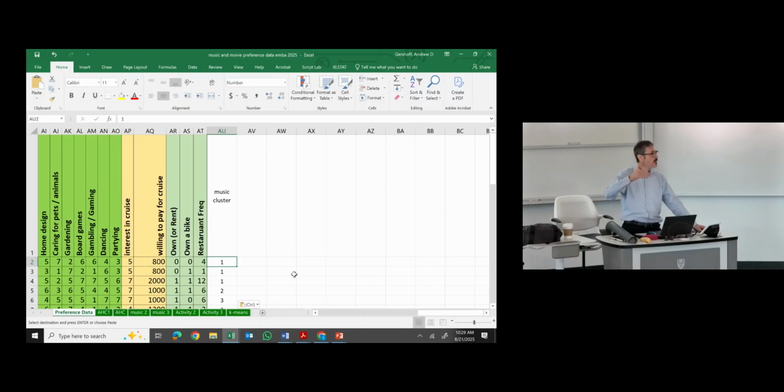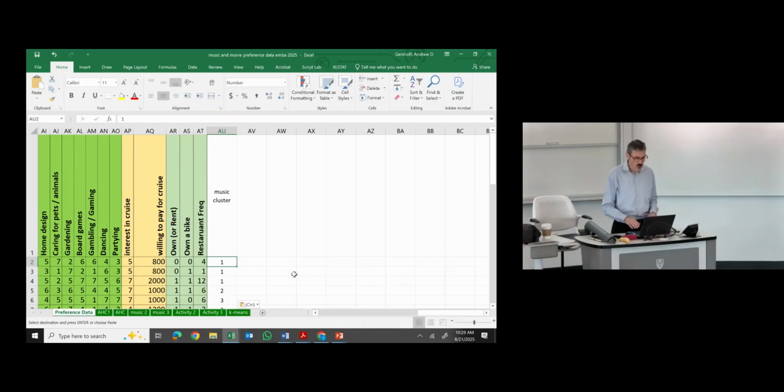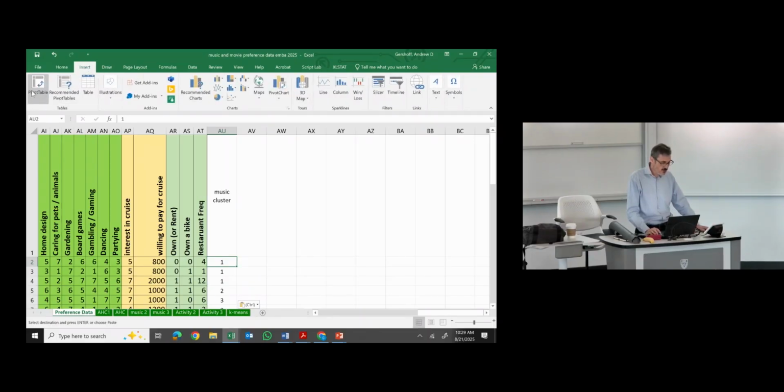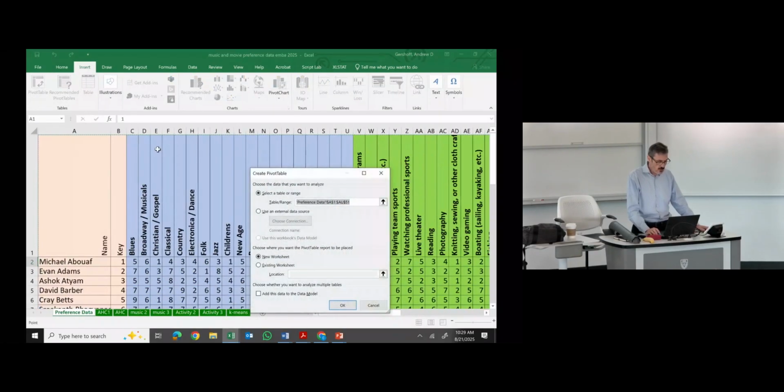That might allow me to make some estimates about what price I can charge to those advertisers, so I can start to go down the road of what's profitable and what's not. There's a variety of ways I can do this. I think an easy way is I'm going to put in a pivot table here. And what I'm going to do in this pivot table is select,